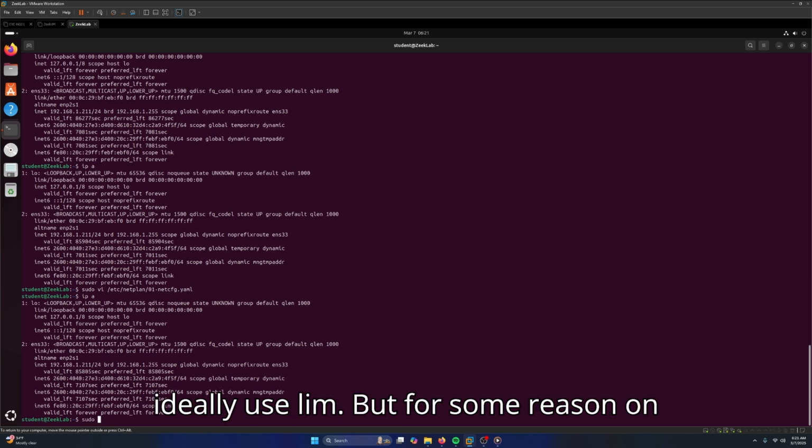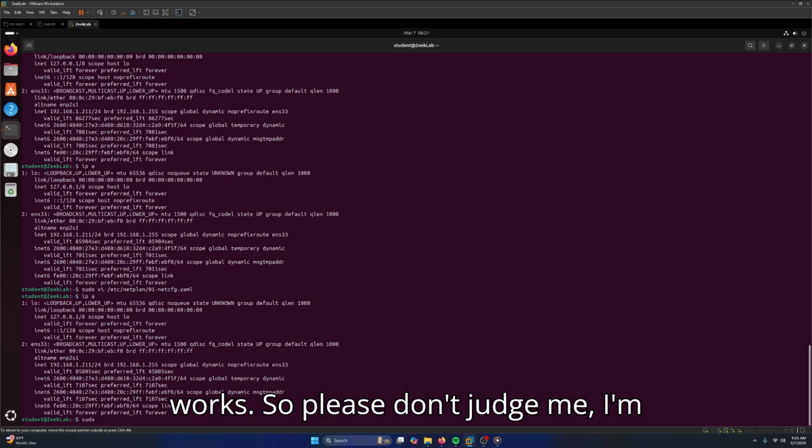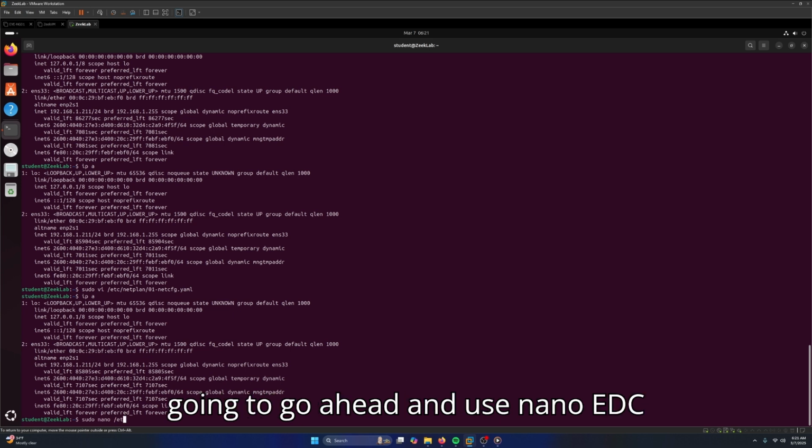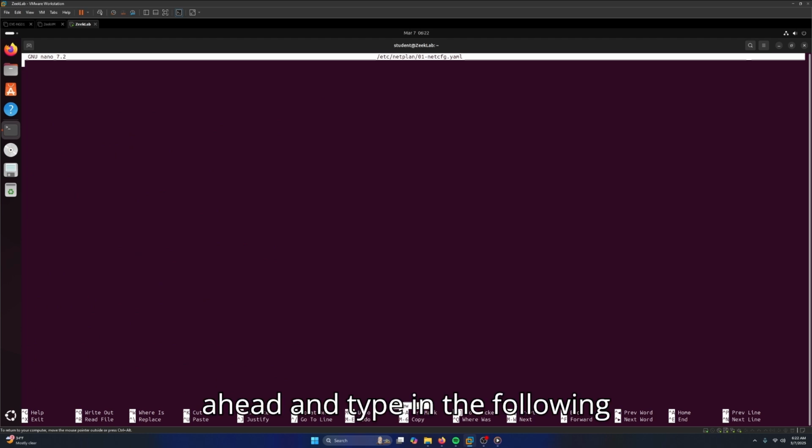I would ideally use Vim, but for some reason on VMware Workstation, on this VM, Vim does not want to work the way it usually works. So please don't judge me. I'm going to go ahead and use nano /etc/netplan/01-config.yaml, and we want to go ahead and type in the following: network,